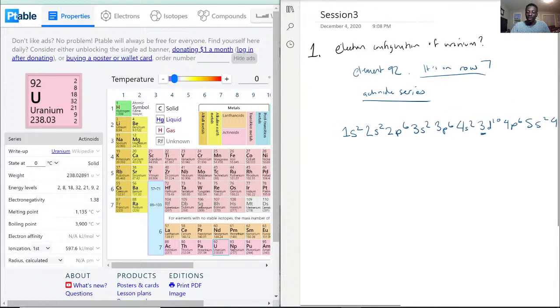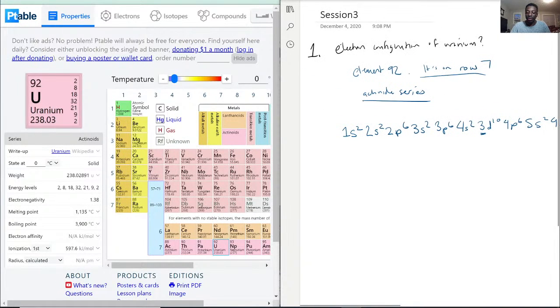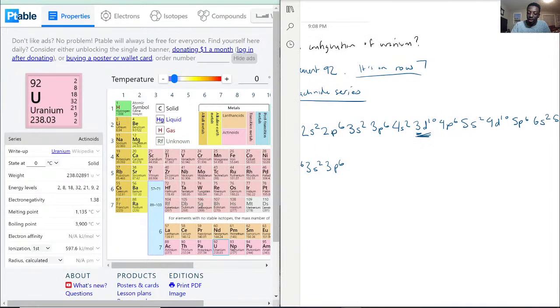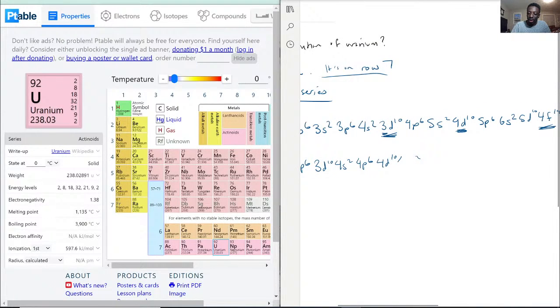So with that all being said, we're now going to reorganize this so that we have the answer that we want. So we still have the 1s2, 2s2, 2p6, 3s2, 3p6, and remember we had that d orbital 3d10. Then it'll be 4s2, 4p6. Same thing here, 4d10. But remember now we also have an f row as well, so we have 4f14,